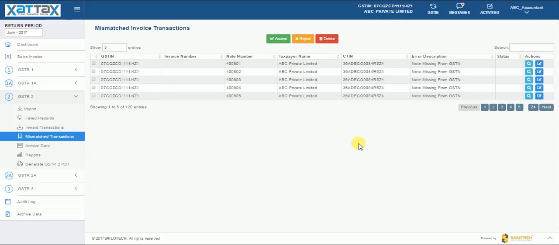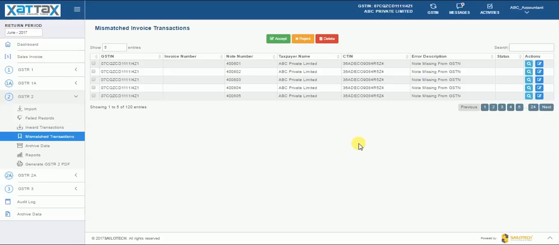Government on its part provides a grace time of 90 days for this reconciliation process. So within this month, if the accountant is not able to reconcile with his or her supplier, a log of all these reconciled invoice transactions is maintained and populated in the next month until the 90 days period. Hence, this 90 days period is actually counted from the date of invoice.